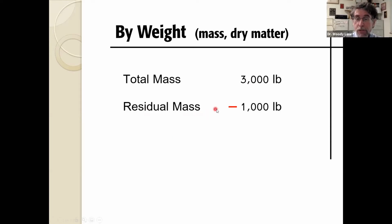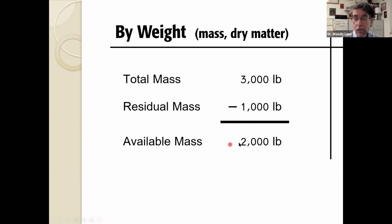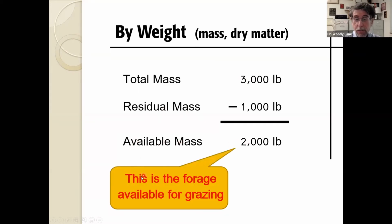Now, let's say that residual amount is 1,000 pounds an acre, which may be a couple of inches. You don't know that, but it could be 1,000. So you have 3,000 pounds total, with a residual amount of 1,000, which means the difference is 2,000 pounds. That's the amount of mass that is available for grazing. So now you have a number you can hang your hat on, if you will. You have 2,000 pounds of feed that animals can eat,